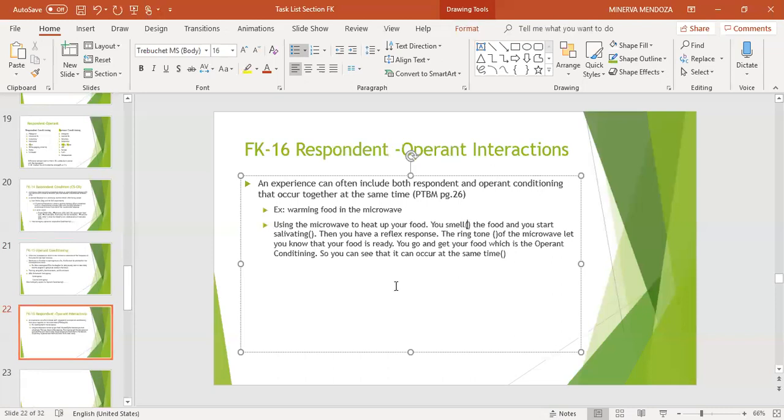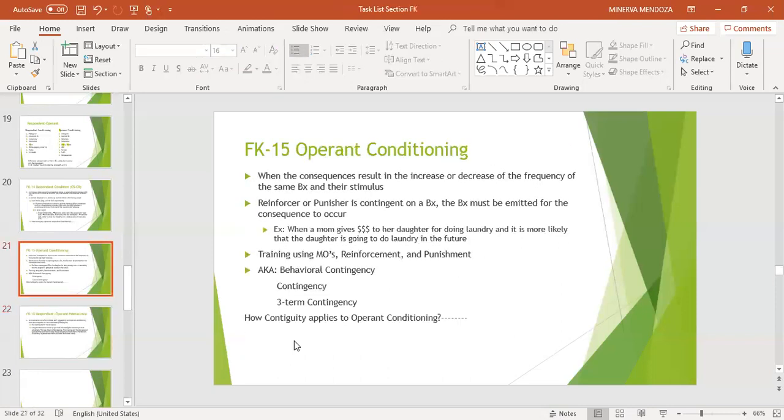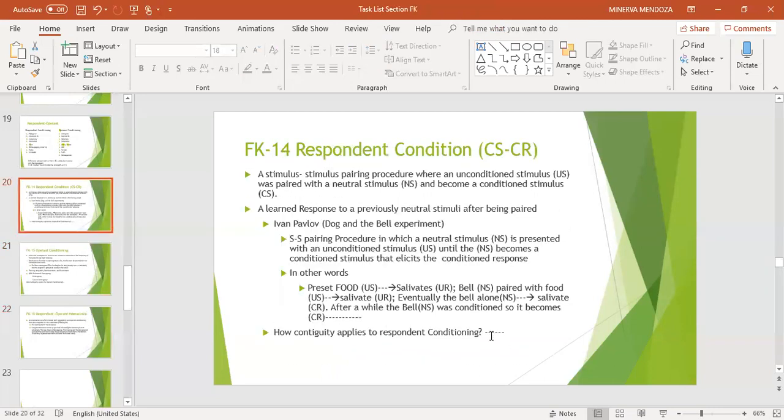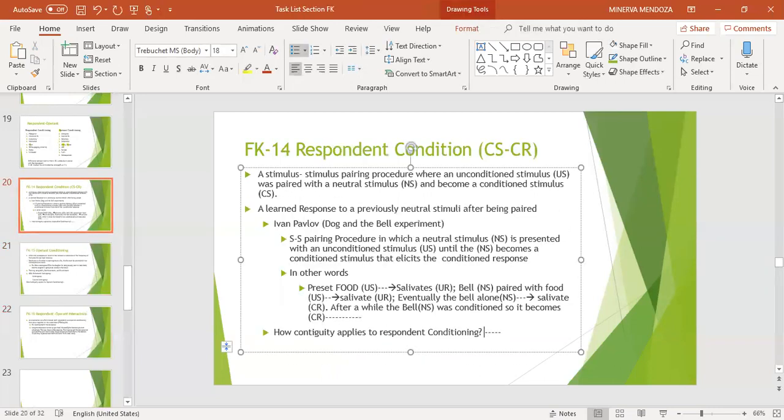Minerva, you were talking about contiguity in the slide before. Yes. What did you say about it? How contiguity applies to operant conditioning. And in the other one was how contiguity applies to respondent conditioning. It applies for both. And I think if I remember correctly, for both it was temporal. For respondent, it was how close the conditioned and unconditioned stimulus are together in time,